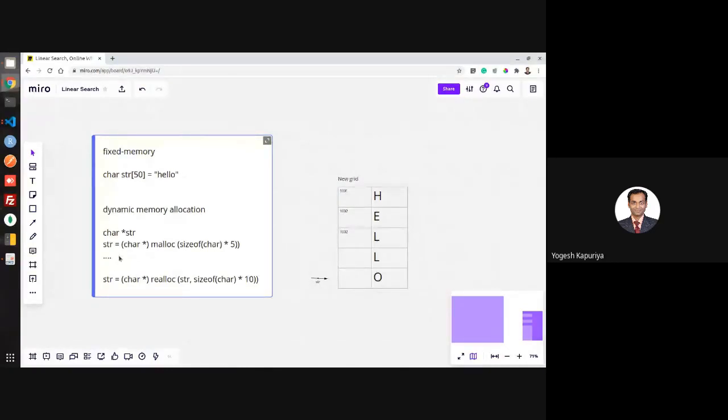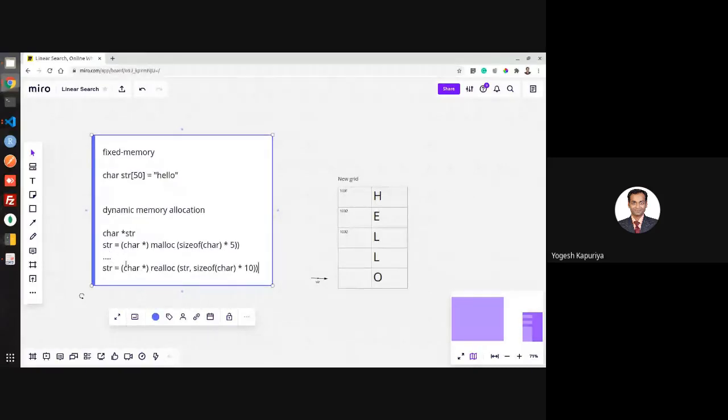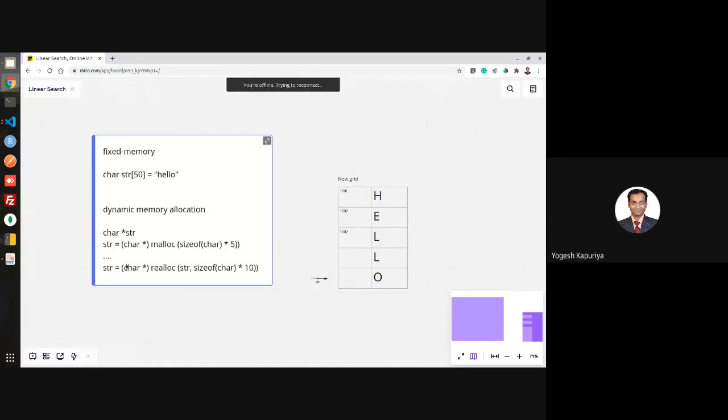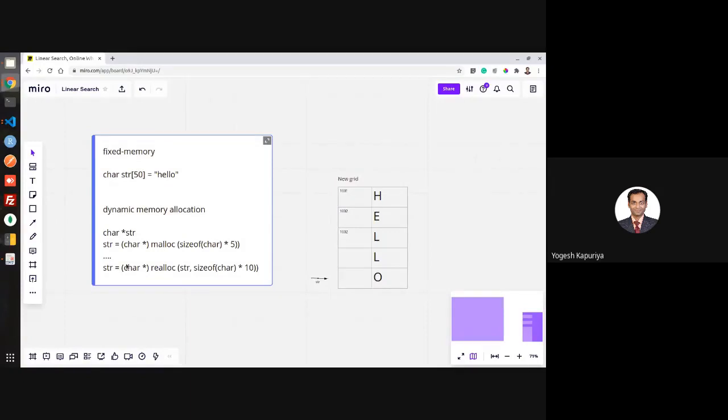For that purpose, you require the concept of dynamic memory allocation, which is widely popular and was first introduced by the C language. There are no pointers in Java. There are no pointers in Python. So we are not going to discuss that. I can discuss something on that as well, but it is out of scope of this discussion. Java and Python manage dynamic memory allocation in their own way, which is another point of discussion. What we are interested in is how it is managed in C.